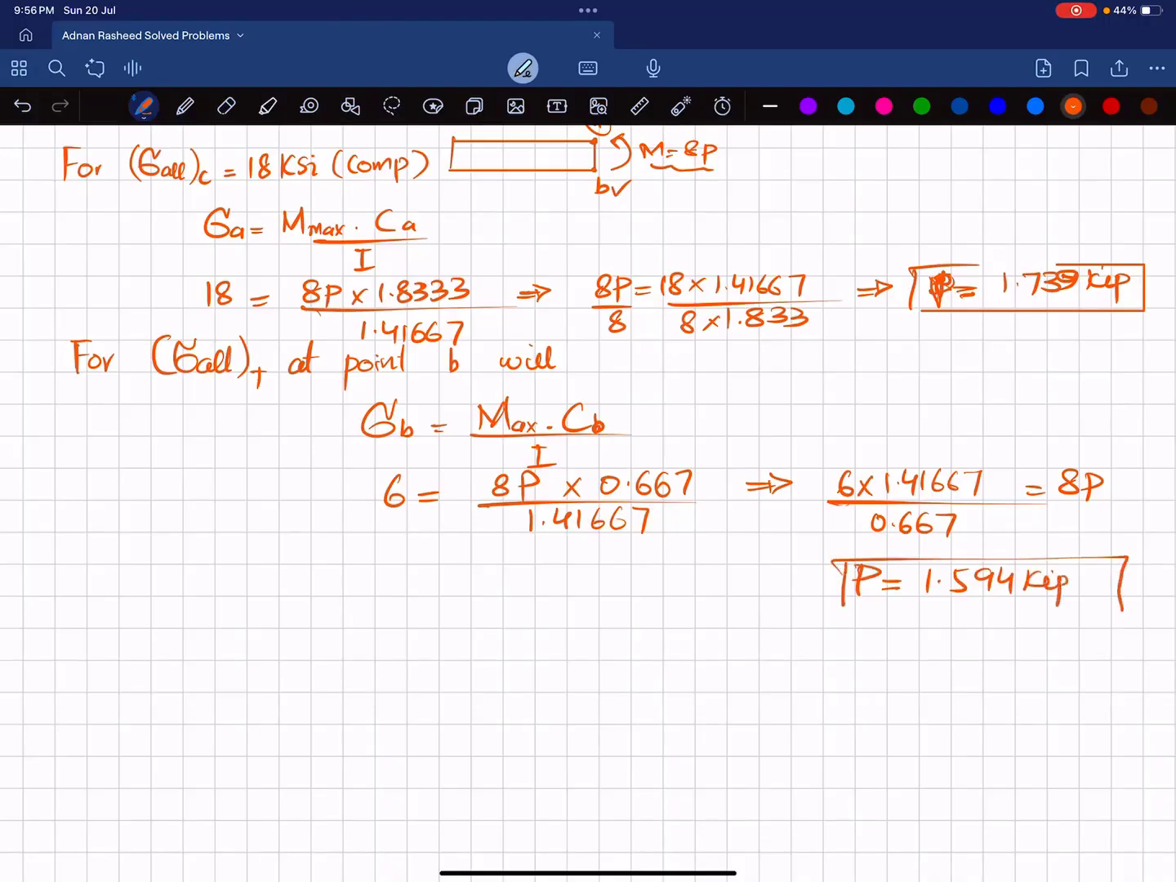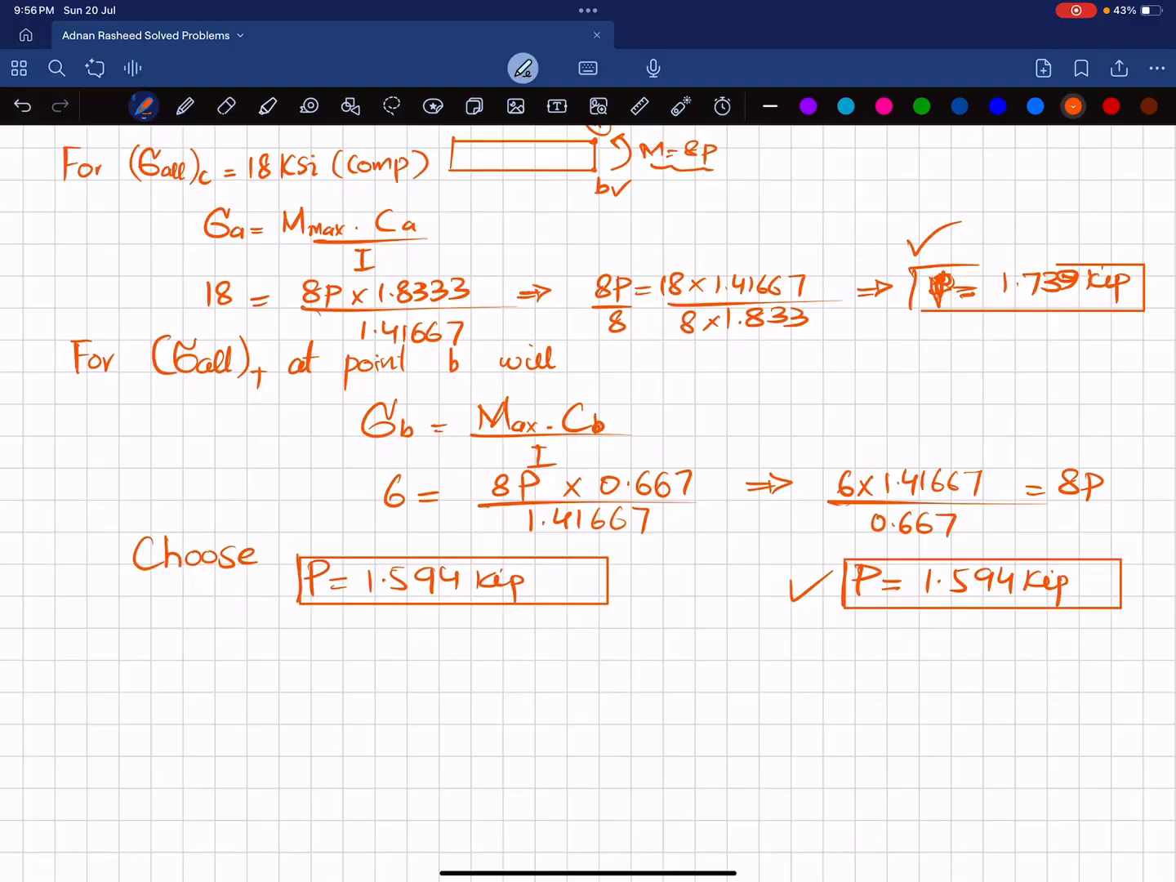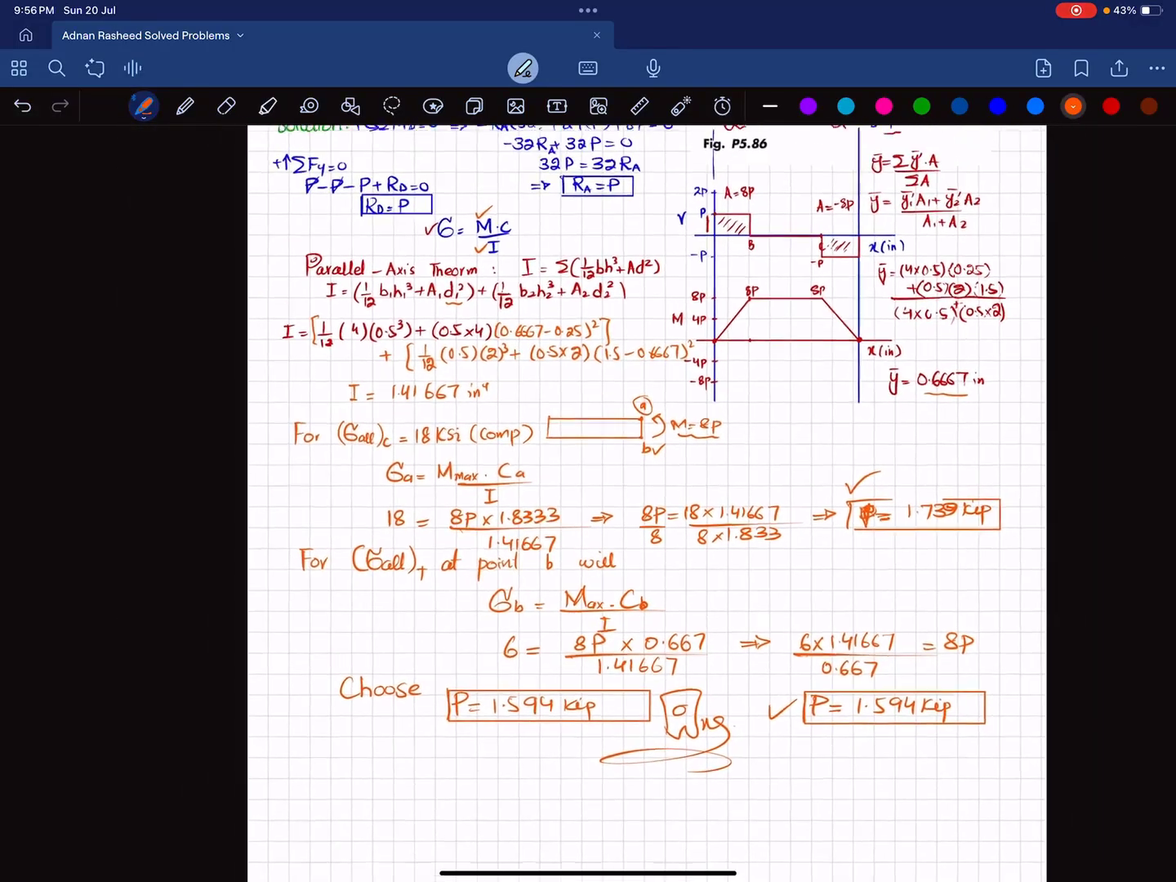Now you have two loads, P for the load. One is this one and another one is this one. So what will be the answer? You have to choose P equal to 1.594 kips. That will be the largest permissible load that can be borne by this beam for the loading shown. And that was all about this problem